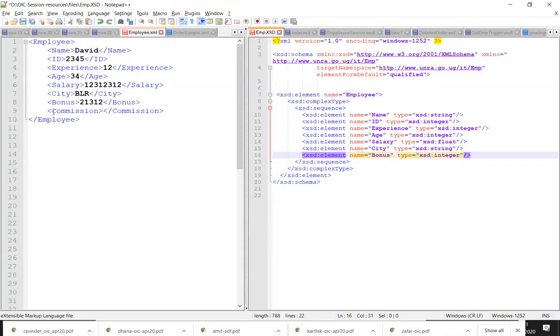In this manner. If I say my XML is following this XSD, you have to make sure you are following the structure of that XSD. Okay. Or indirectly, when you are writing an XSD, you are writing it to represent a specific structure of XML.